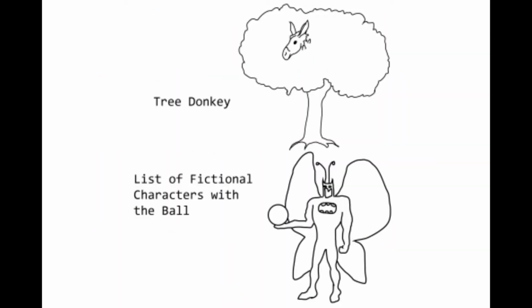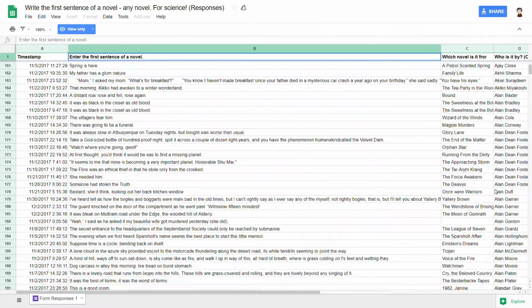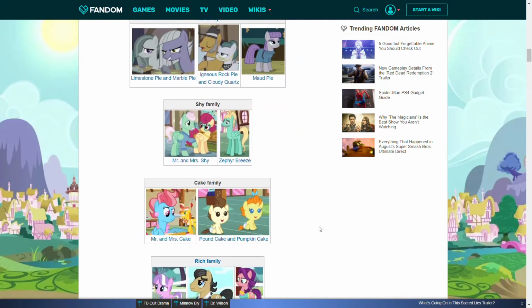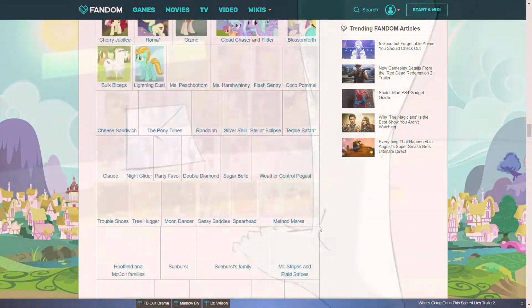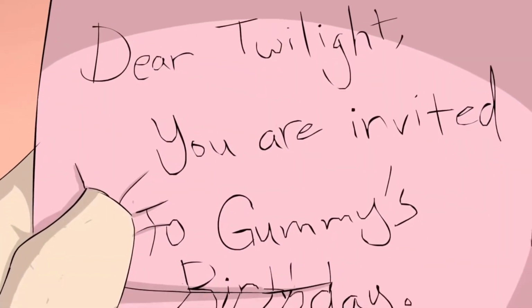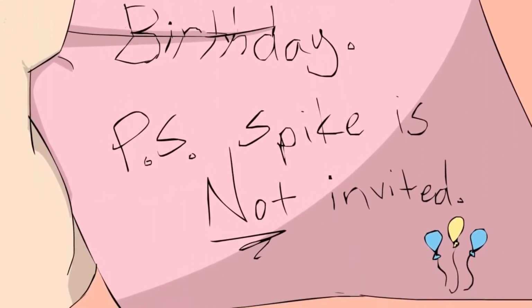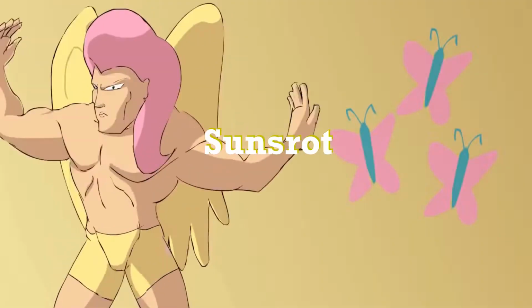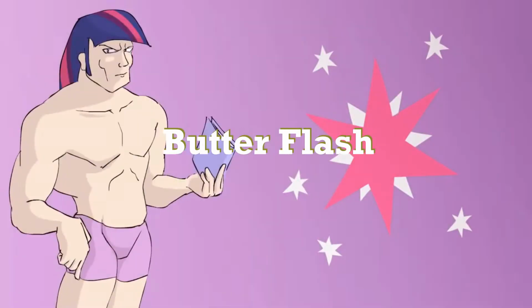The way this works is that Janelle takes a neural network and feeds it a massive list of something to read. Say the 1,500 plus pony names in the My Little Pony Friendship is Magic wiki. The neural network processes all these pony names, from Twilight Sparkle and Rainbow Dash to Groucho Mark and Buzzard Hooffield, and then tries to make up brand new pony names that would fit into that same list, often to mixed results, giving us the likes of Star Blueberry, Amethyst Mist, Scarline, Sanderlash, Sunsrot, Freesing Fail, Flirtershy, Pinky Swole, Butterflash, Groan,